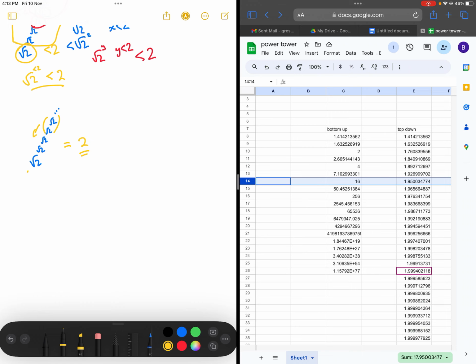No matter how far we go down, that one will just keep getting closer and closer to 2. So you do have to be careful when you use Excel or Google Sheets. If you want it to be the bottom up, i.e. the brackets from the bottom going upwards, or if you want it from the brackets top down, Excel and Google is slightly